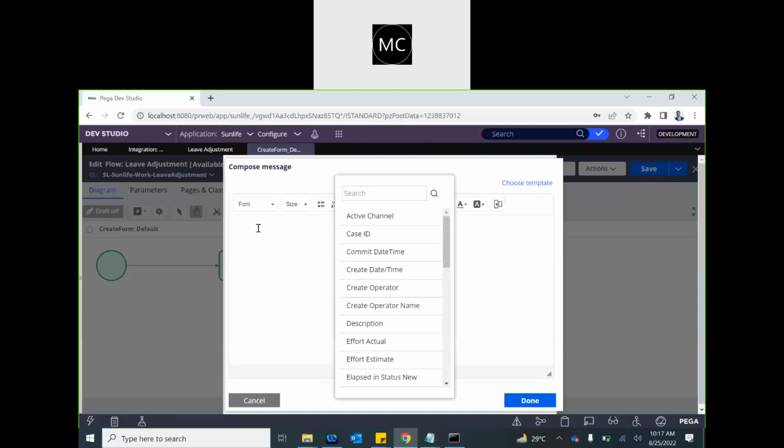So since our employee details are on the data page, I am not going to refer to a property for dear first name or last name, but we do have the leave adjustment and leave type as a property, right? So we can leverage that. So I'm just going to type in plain text that your leave